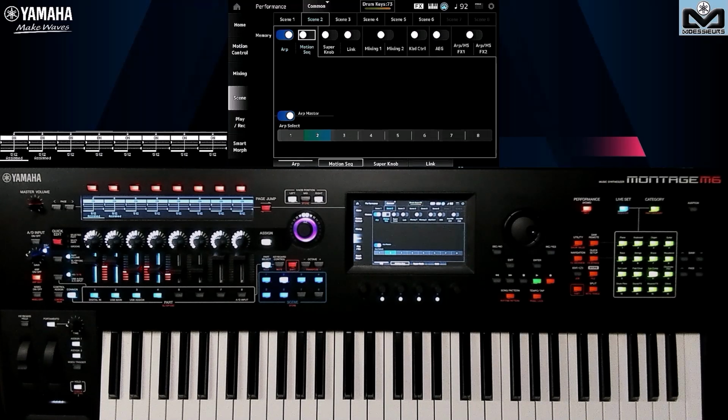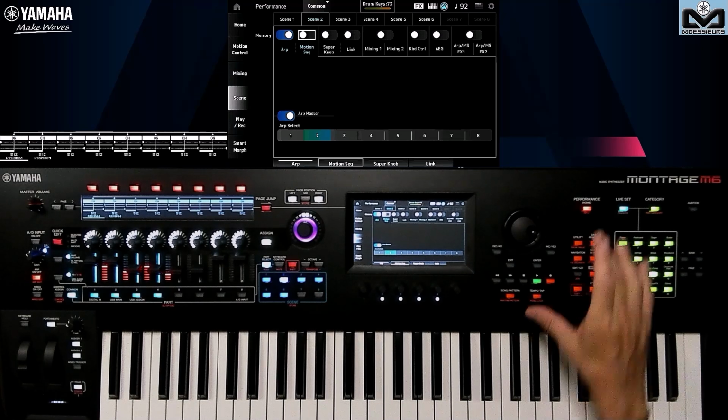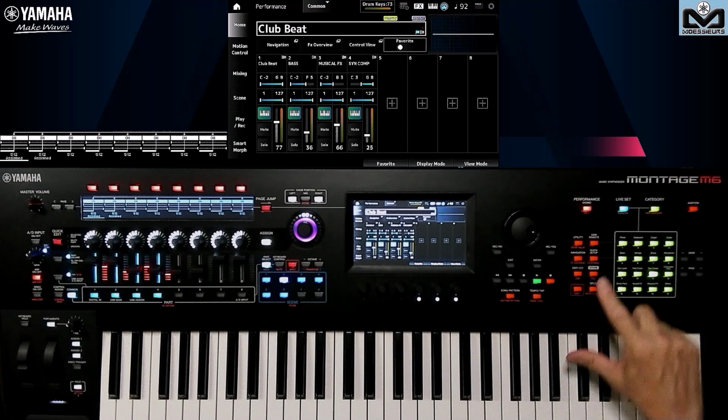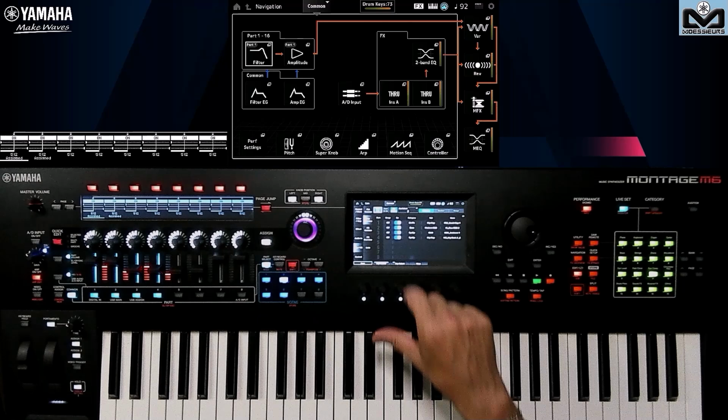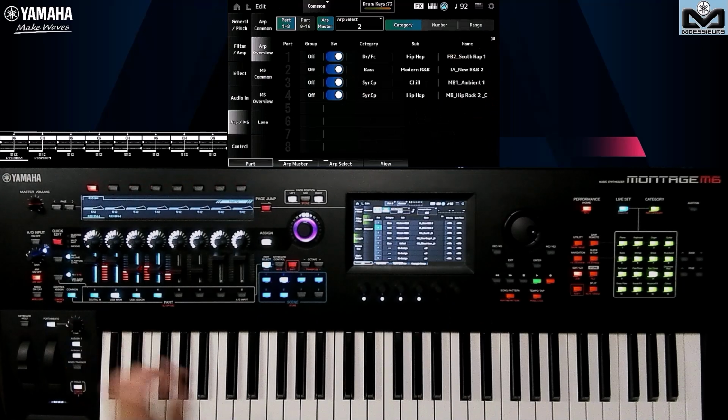For this bonus, in the same example type, this is where you say to yourself, my intro is fine, but here, the arpeggio of one part calls for variation 2. When I've prepared my part, I've prepared my variations. At the end, it's not the one I want. As an example, the one in 4, I prefer in 2. How can I do that? I go to Performance, I press Navigation, so I can press here on ARP. I need to go to the part where I need to change the variation.